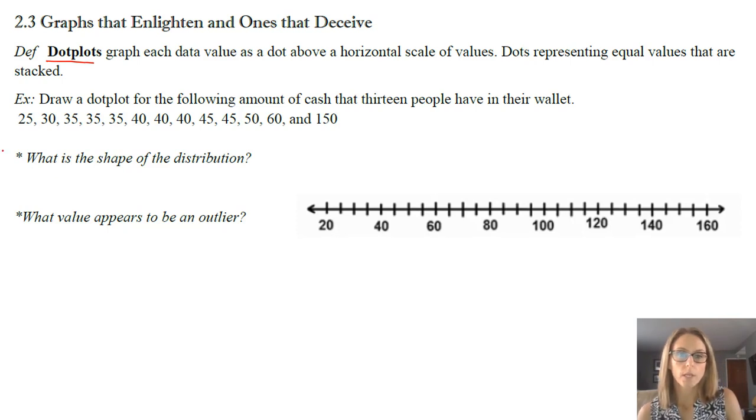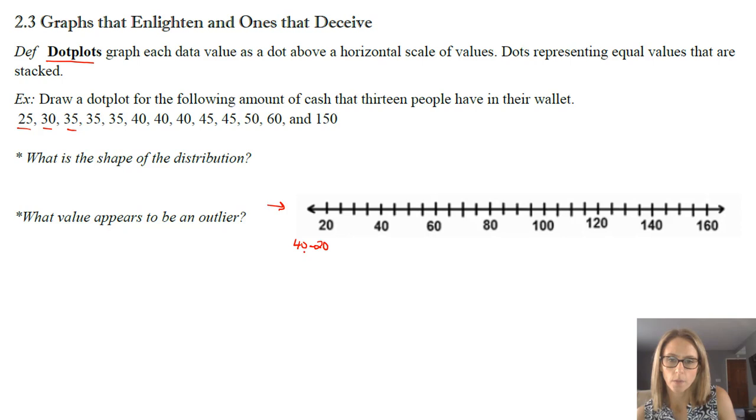So we're given 13 people and how much cash they have in their wallet. So $25, $30, $35, $35, $35. To do a dot plot, you're literally just making dots above the value along the horizontal line that we have here. So it's a horizontal line with some dots. So notice that each of the